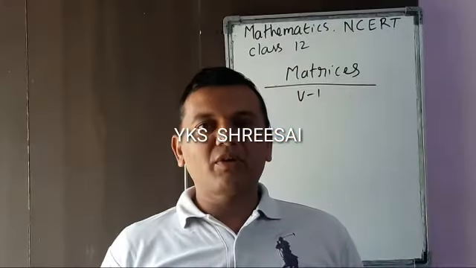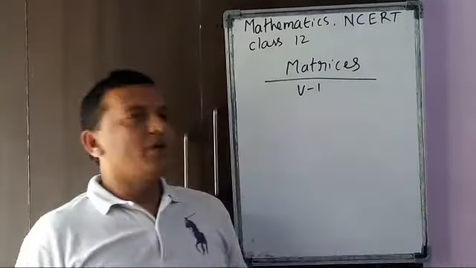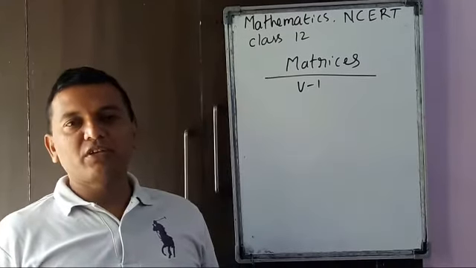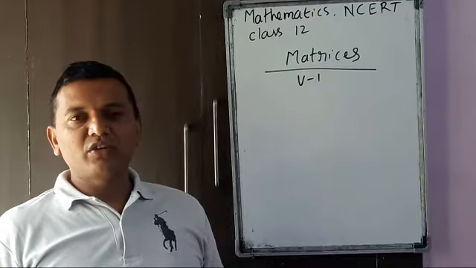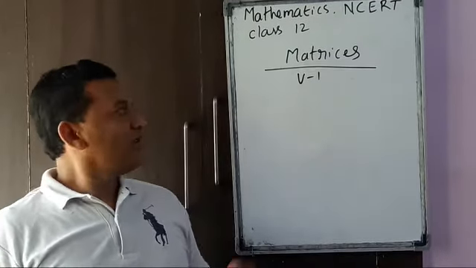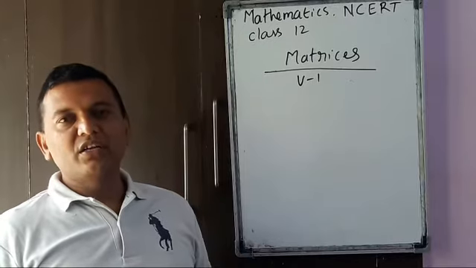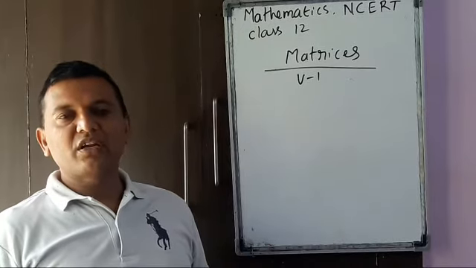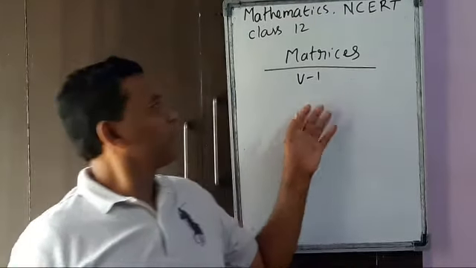Today we are going to discuss a chapter, Matrices, from class 12 of NCERT mathematics. First, in this chapter we should know that in the Karnataka board it will represent about 9 marks. Previously it used to be 10. We will have one 1 mark question, one 3 marks and one 5 marks question. So also we can think we will get 3 questions for CET in Karnataka, and also we will get questions for JEE Mains.